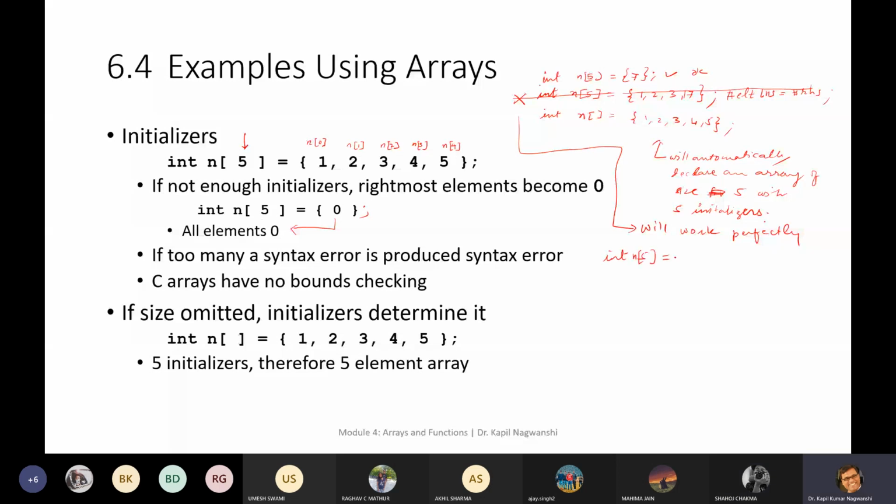So now integer n[5] is given, and 1, 2, 3 and 17 is written.